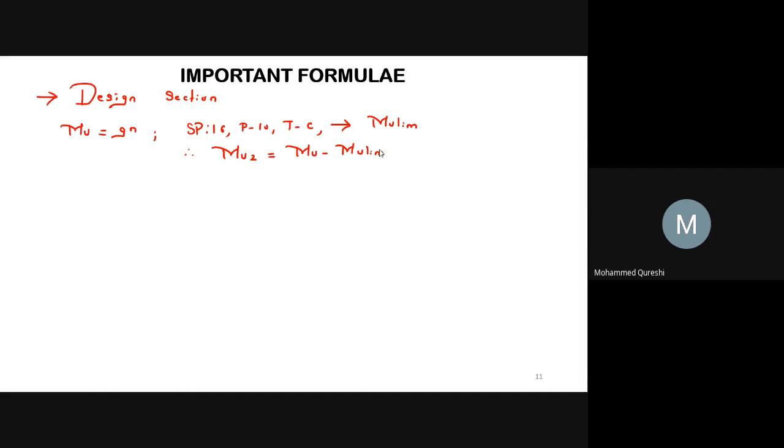And our second step will be using the equation Mu minus Mu limit equals fsc minus fcc into Asc into d minus d dash. We will go for further calculation. And if the value of fcc is neglected, you will get fsc into Asc into d minus d dash. This equation is given in IS 456 2000, page number 96, clause G